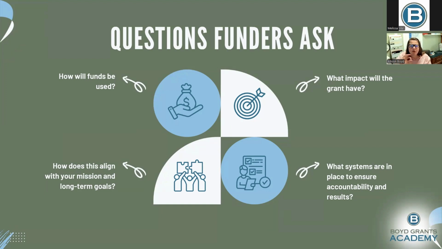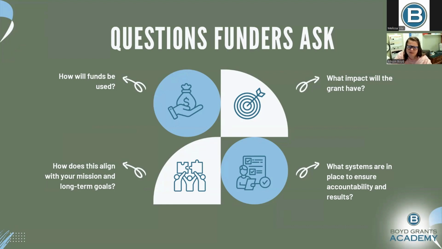So, how will the funds be used? In a program grant, you're going to be specific about how funds will be allocated for the program's activities. Break down the budget into clear categories. So that's your typical staff salaries, supplies, equipment, marketing, and other program expenses. You're going to describe how these funds will directly contribute to program outcomes and how each activity supports achieving the